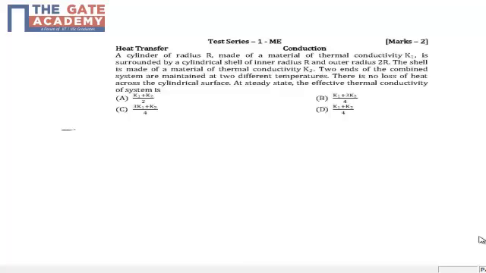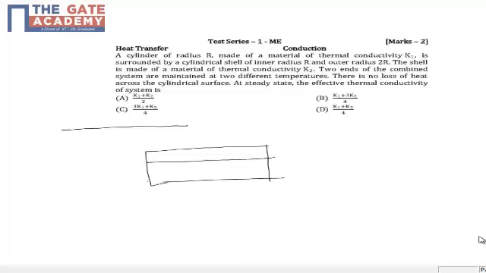Let's discuss a question on conduction heat transfer. A cylinder of radius r made of thermal conductivity K1 is surrounded by a cylindrical shell of inner radius r and outer radius 2r. So let's draw that. You have a cylinder of radius r, and on top of that a cylindrical shell whose inner surface exactly fits the outer surface of this solid cylinder, and the outer radius is 2r. So if you look at the cross section,